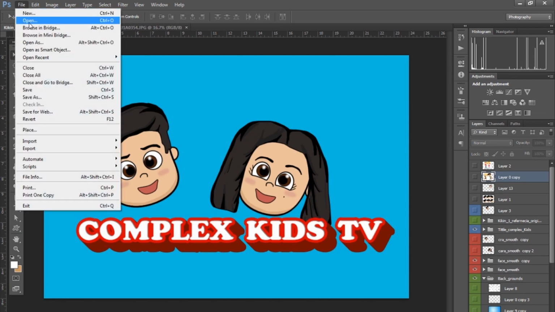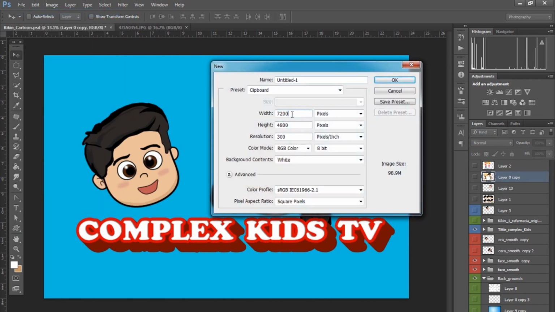Okay, so let's do File, New, and for the width we're gonna use 7200, for the height 4800, and for the resolution we're gonna use 300. Let's do it. You can name it however you want to. I'm just gonna put here sample,